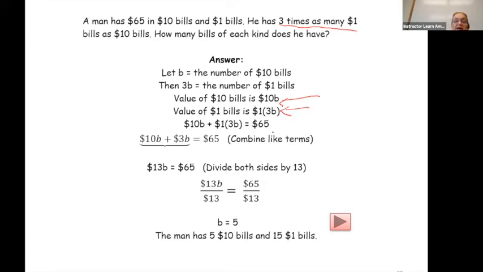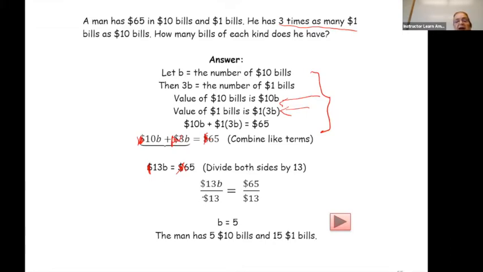This then gives us a total of 65. 13B is equal to 65. And I would be inclined, if you do these problems, do not carry dollar signs over. I know that it was probably put in here to remind you about the difference between number and value. But if you make a very clear table here describing what everything stands for, I would leave this out, only because there's a tremendous temptation, since this is a symbol, to kind of get it confused with the algebraic symbols in the problem. So I would tend to just leave these out and make it 10B plus 3B is 65,